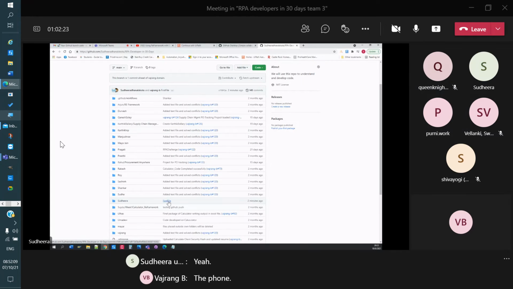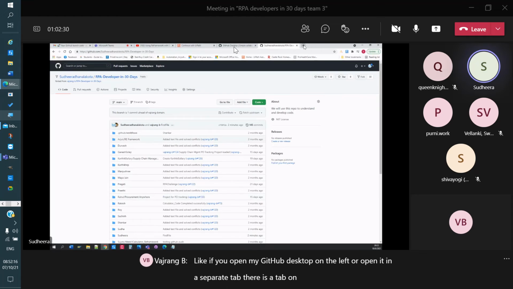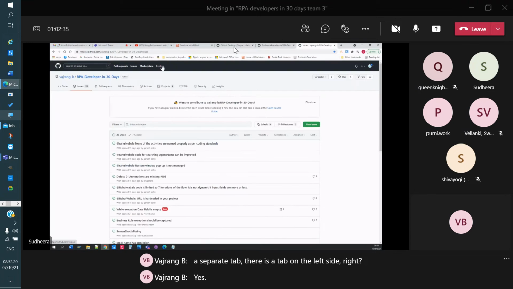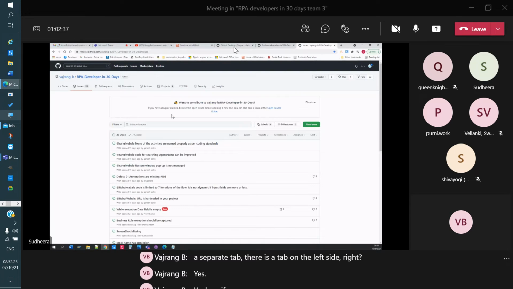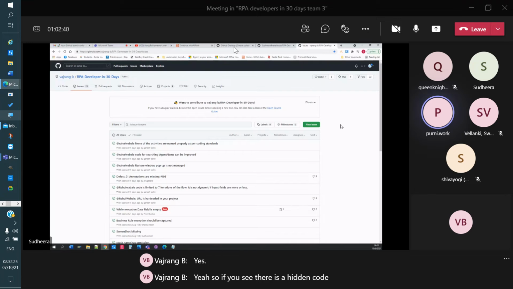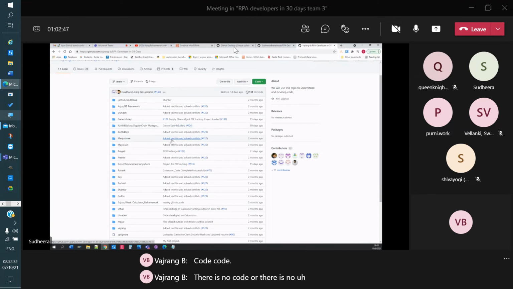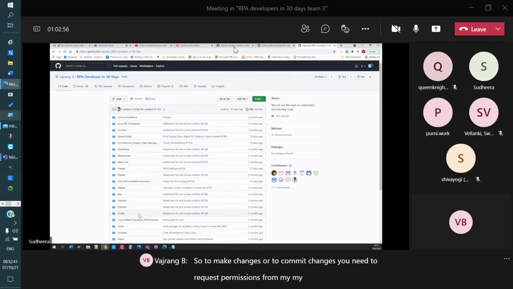But if you open my GitHub Desktop on the left, open it in a separate tab. Hit on code. There is no updated code of yours. So to make changes or to commit changes, you need to request permissions from my login.